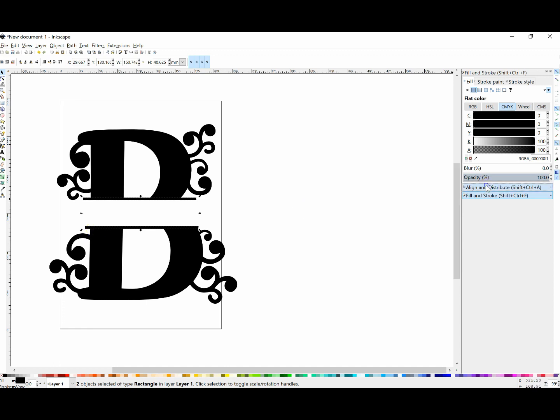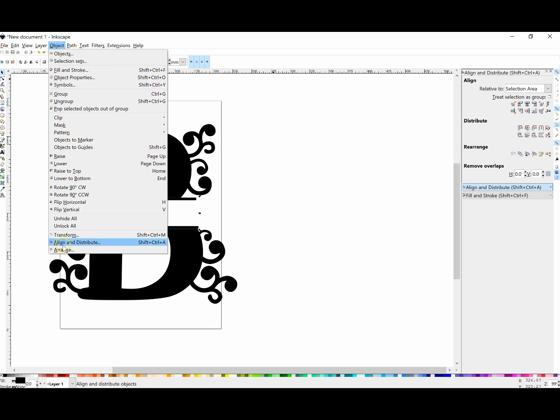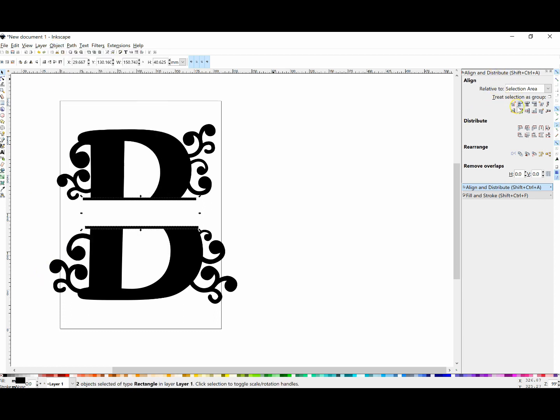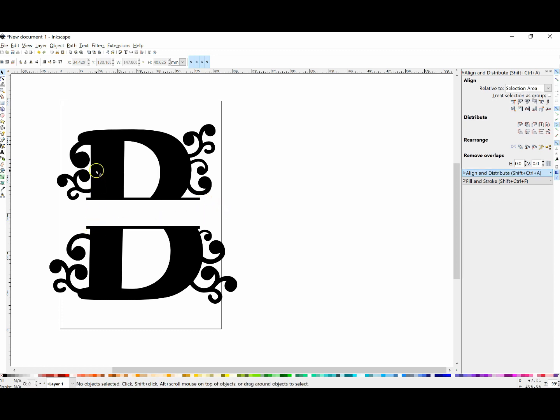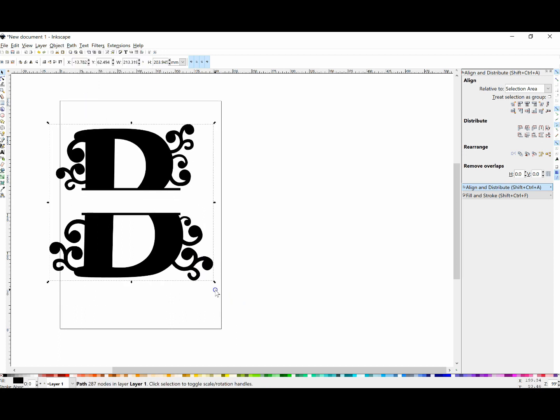And then I want to line both of these up. So I'm going to go here to my Align and Distribute. If for some reason that menu isn't up for you, just go to Object, Align and Distribute. And then I'm going to line them up. I'm going to use Align the Left Edges over here. And now I can scoot both of them over at the same time to make sure that they're even. And I'm liking the way that looks. But again, I want to union all of these into one item. I don't want separate rectangles there. So I'm going to go to Path, Union. And then I'm going to make everything just a little bit smaller.